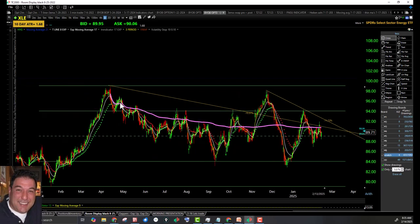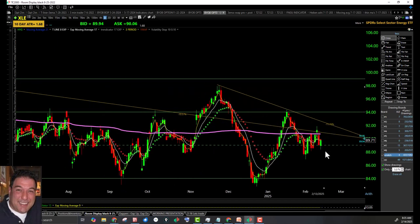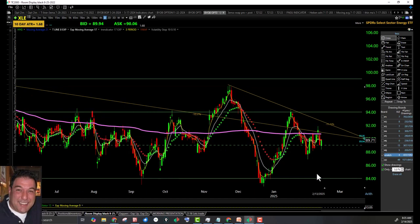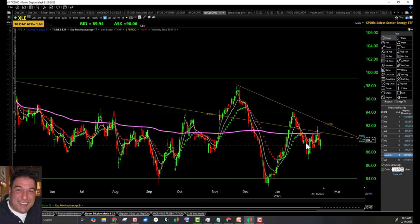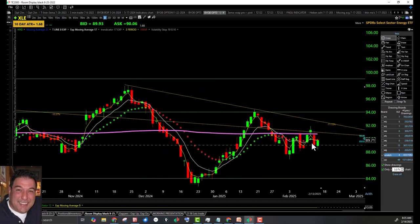Not only that, it's underneath the all-time high, the 12-month high anchored VWAP right there. There's the pink line. We're under the 12-month high anchored VWAP. We're under this downtrend line, okay? We're under the upper third. They have a habit of moving up and giving it up. They're not bearish, but they're not bullish either, because they haven't shown us they're bullish by holding the higher ground. So they're just neutral. Price action yesterday, lower high, lower low,